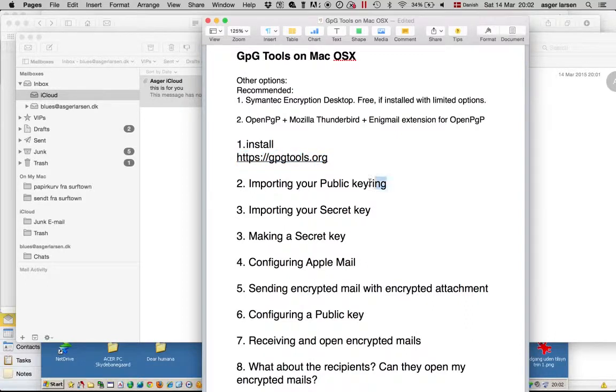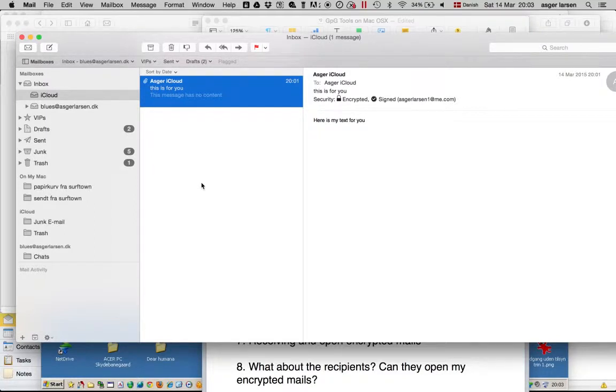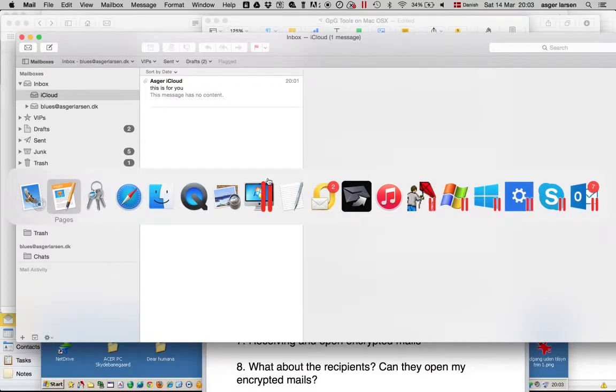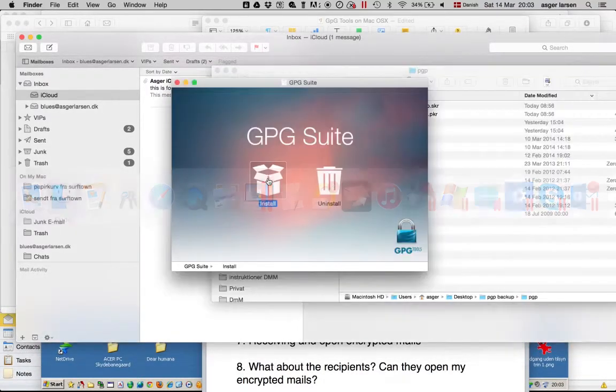So now we have done this, importing your public key and your secret key. We made a secret key, and then I would like to send an encrypted mail with an encrypted attachment. Okay. First I need to find the attachment. This is not automatic, so you need to manually encrypt